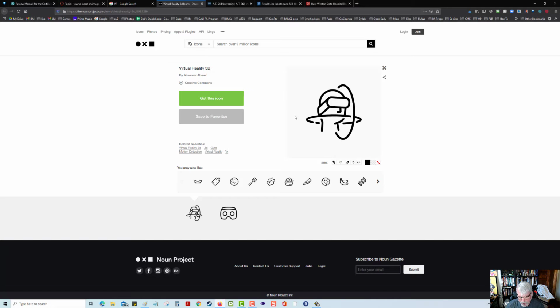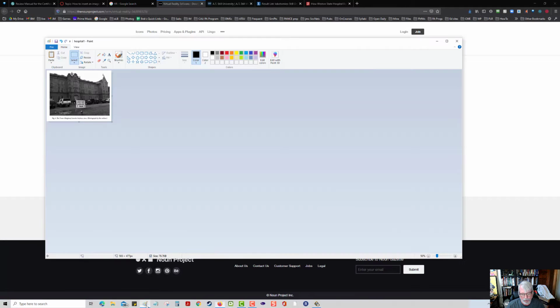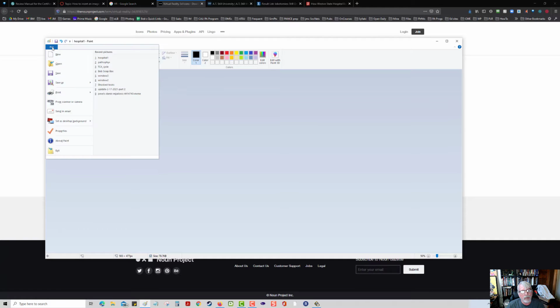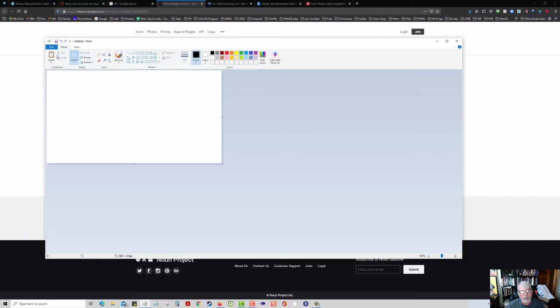The easiest way is there's a little button called Print Screen, and if you hit Print Screen, that copies the entire screen and puts it into what's called your clipboard. Come back to Paint. Under File, let's do a new image. And now if you paste,